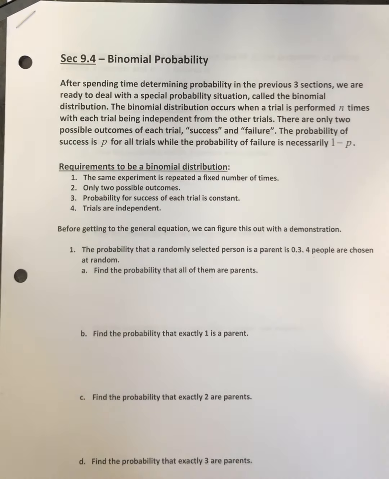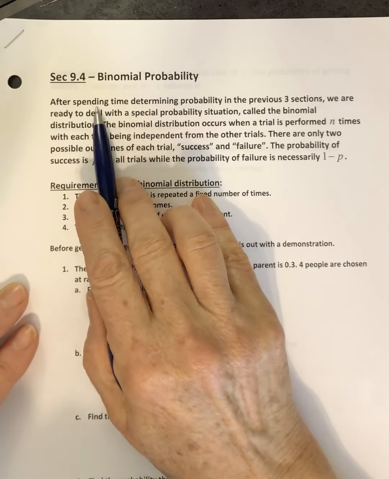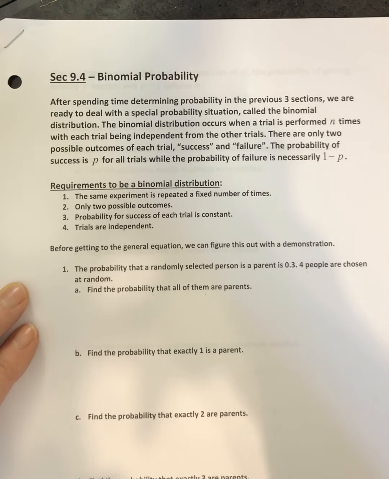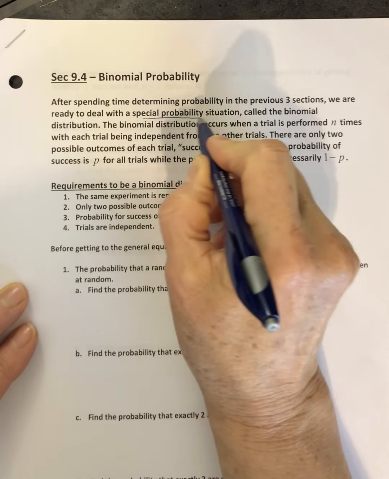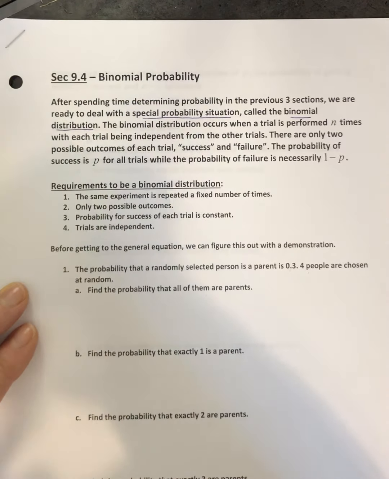Binomial probability. So let's just look at this paragraph up here. After spending time determining probability in the previous 3 sections, we're ready to deal with a very special probability situation called a binomial distribution. The binomial distribution occurs when a trial is performed n times with each trial being independent